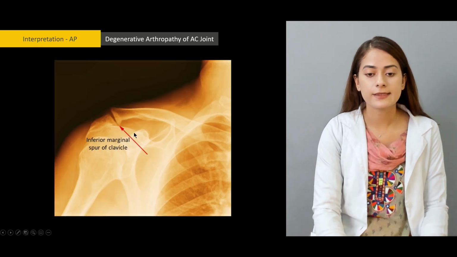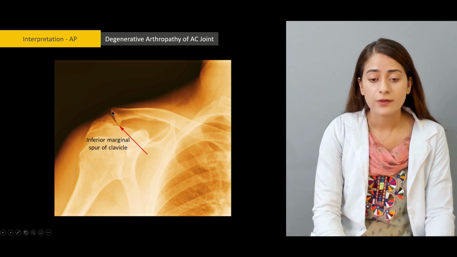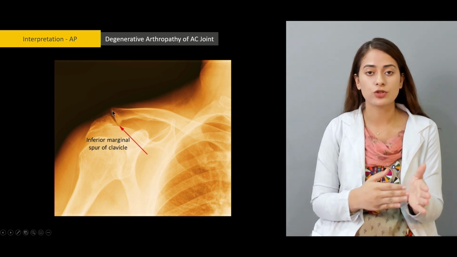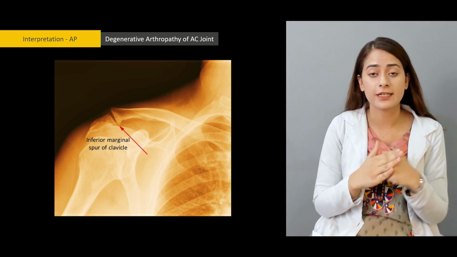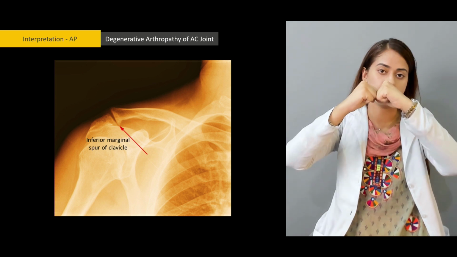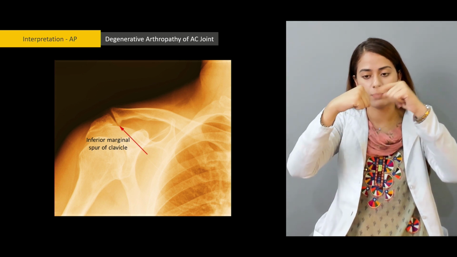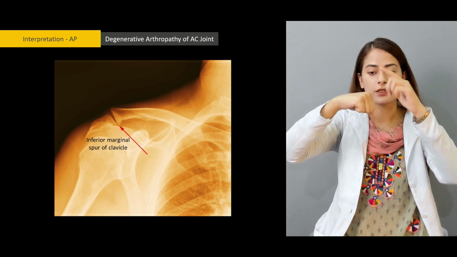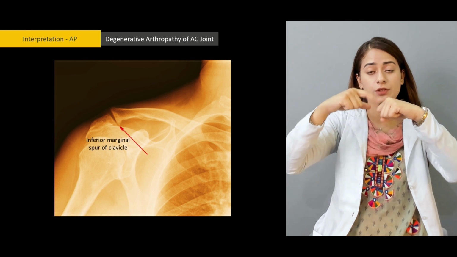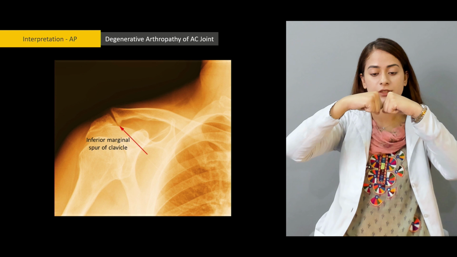So this is the acromioclavicular joint, and here it's not necessary for the joint surfaces to be like this if there is any degenerative process. They can be like this as well. So the cartilage is present between these upper surfaces, let's suppose this is the superior surface of the clavicle and this is the superior surface of my acromion, and if the cartilage is present between the superior surfaces, it can be like this,